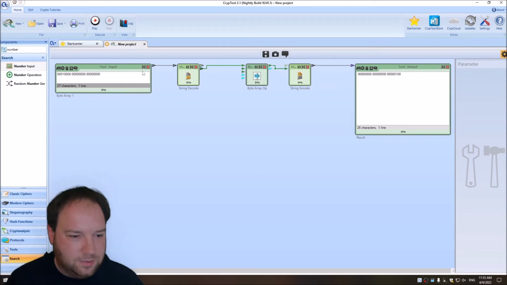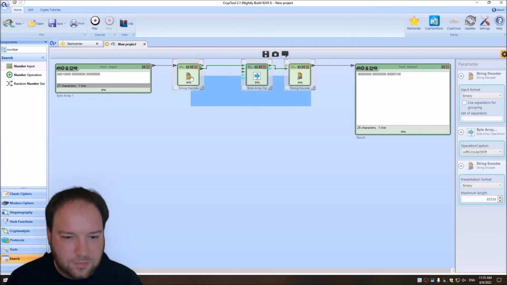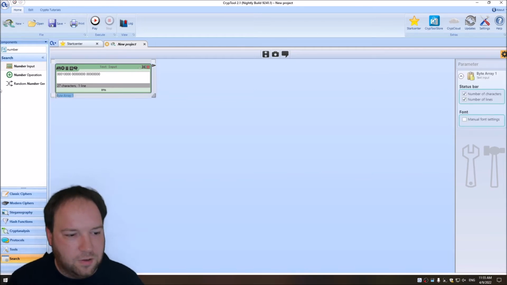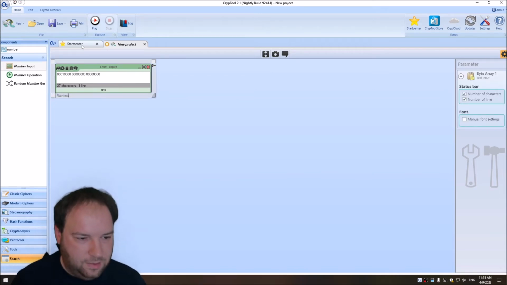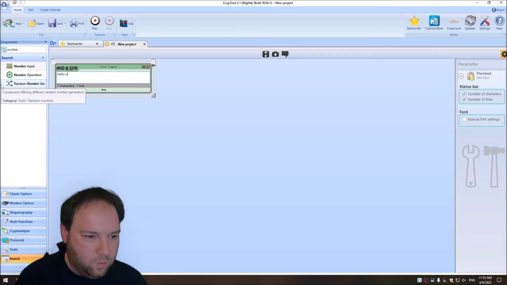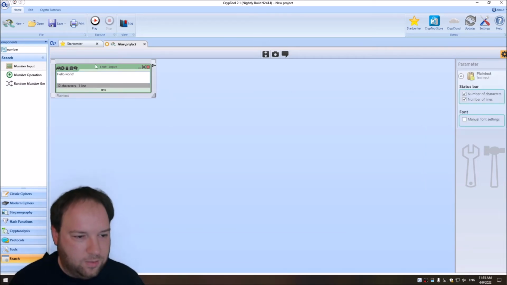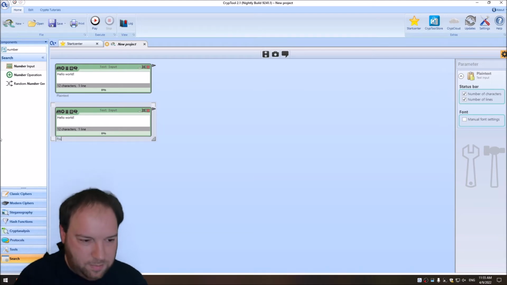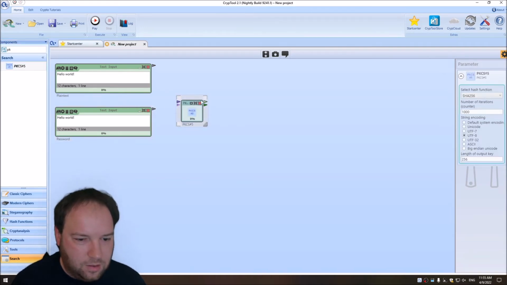We need a key. Let's remove everything. So first of all, we need a plain text. And we want to have hello world. Then we need a key. And we use a password because we can use, for instance, PKCS5. Or no, let's use